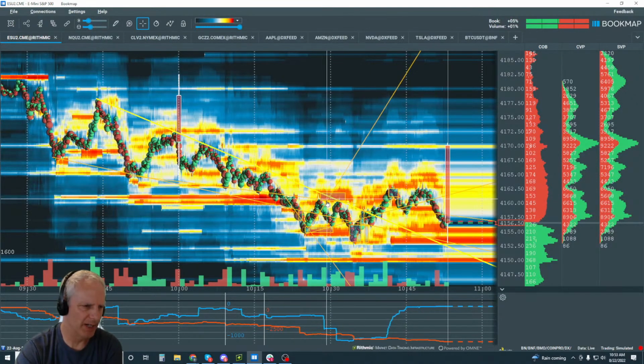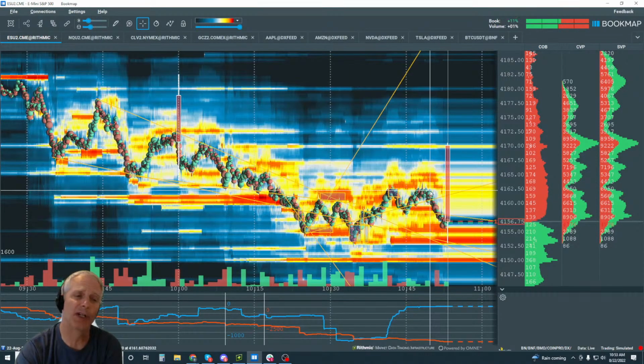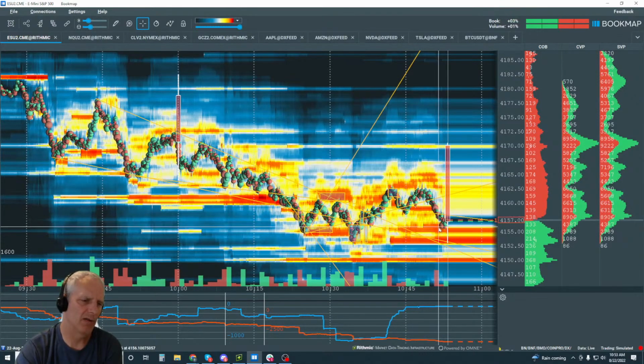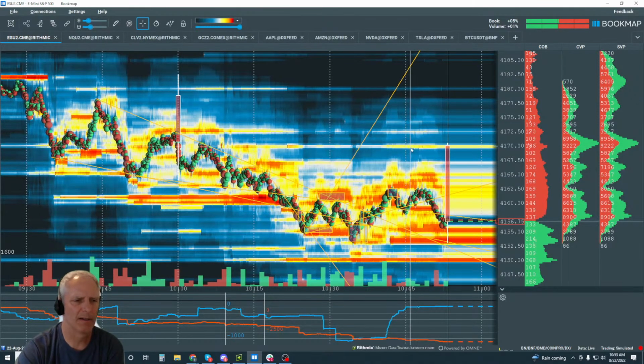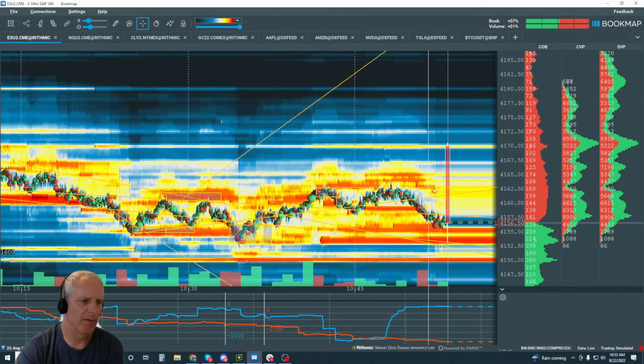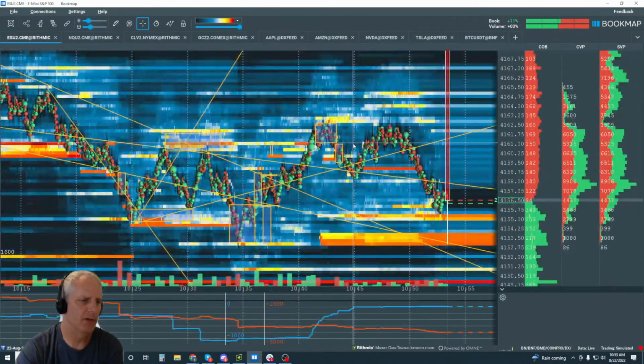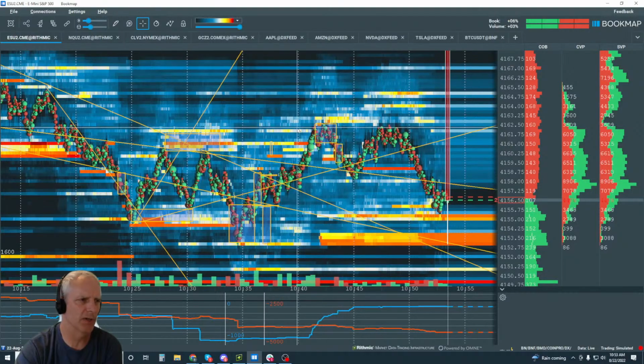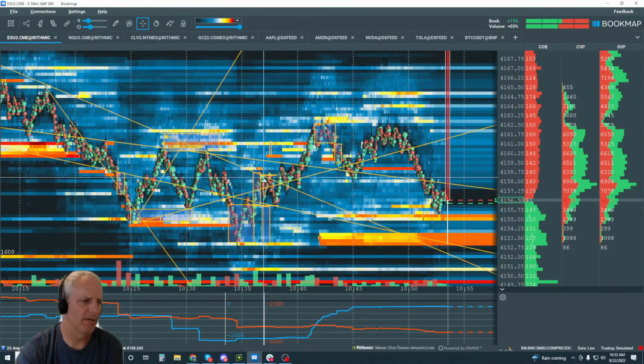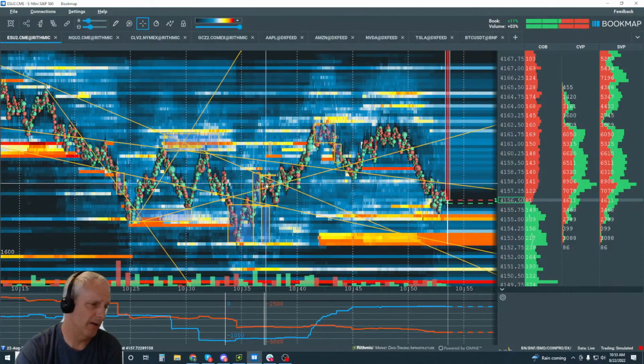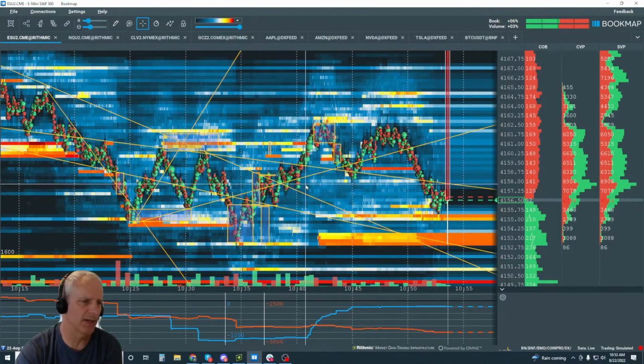Like leg one, it did break the structure. Leg two could not break the structure. Right, and then we look for that continuation to the downside. Right, so this is a good one. I mean, we've seen this for years, and crude oil is especially good at doing this. We'll jump over to crude oil and see if it did. But you'll get this kind of potential reversal pattern, even a head and shoulders down here or something,